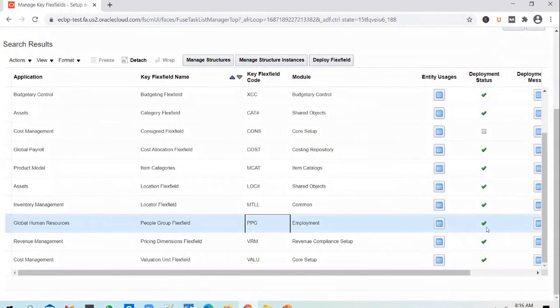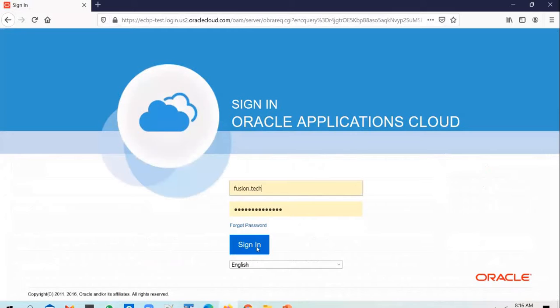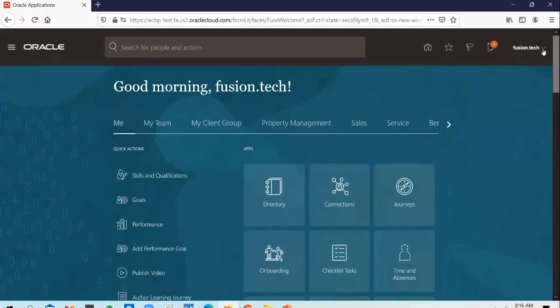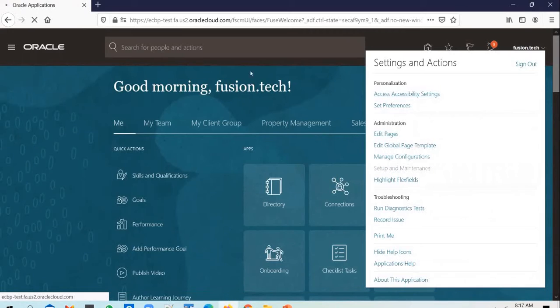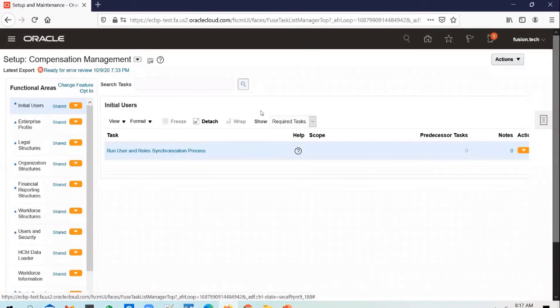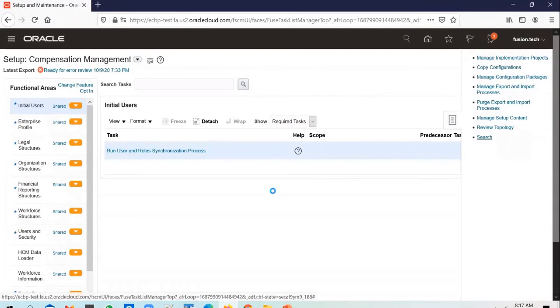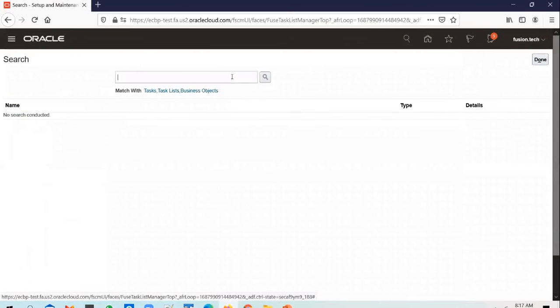So you go to global HR and you see the status is green now, and you can log into the instance from a different browser or a different session. And what do you need to do? There is one additional step that you need to do. We have defined a KFF and we need to tell HCM to use that new structure instance that you have created. Okay, so the way you do it is you go into a global search screen,